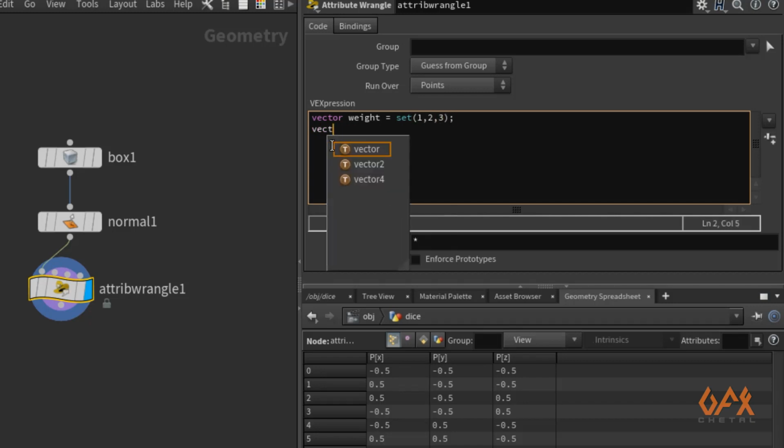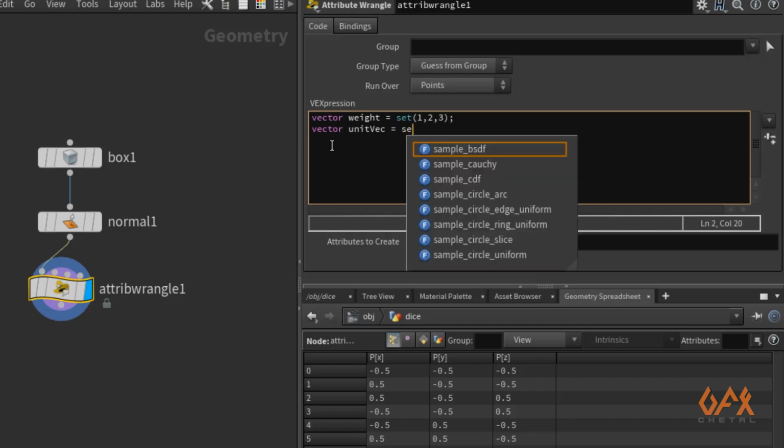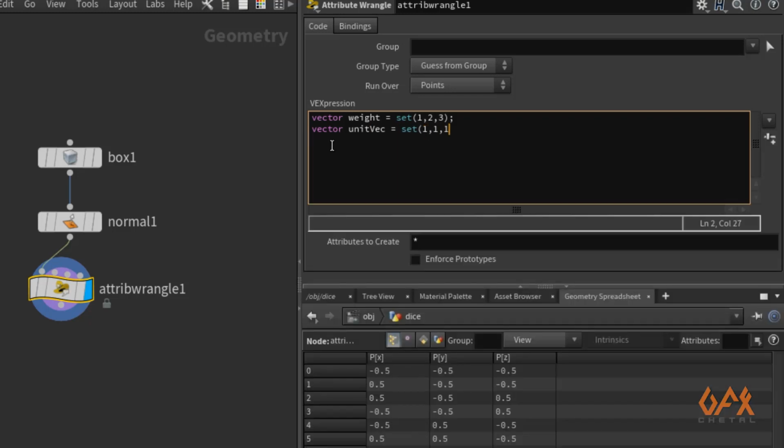In the same way I create one more vector variable, named unit vector, which has the value 1, 1, 1. Now I need to define the direction, and for that reason I apply a float